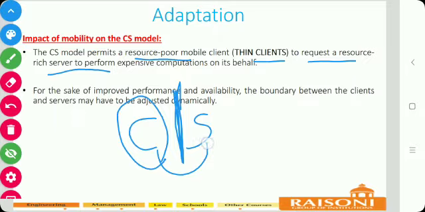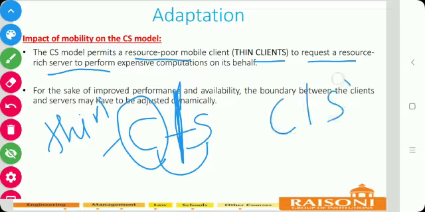So in this case, this client has minimum functionality, so that is why this client is termed a thin client. Okay, and when there is a disconnection between client and server, in that case the task of the server is performed by the client. Okay, so here the boundaries are adjusted according to the need.